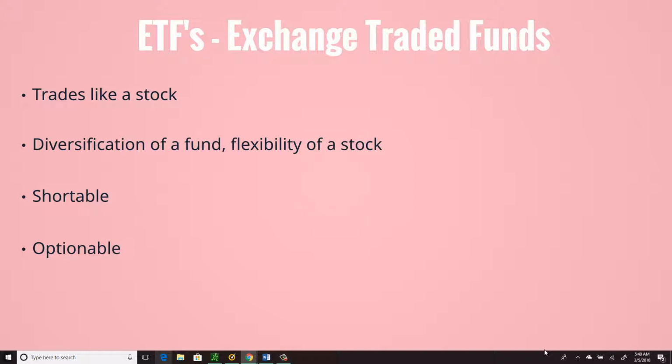The ETF will do the same thing. But the advantage of the ETF over the mutual fund is typically lower cost. It trades like a stock. So when we say it trades like a stock, what we mean is that the ETF is traded on the actual index. Now, the makeup of that ETF is still designed to mirror the holdings of the index and the performance of the index. But this delivers the diversification of a fund with the flexibility of a stock, meaning that